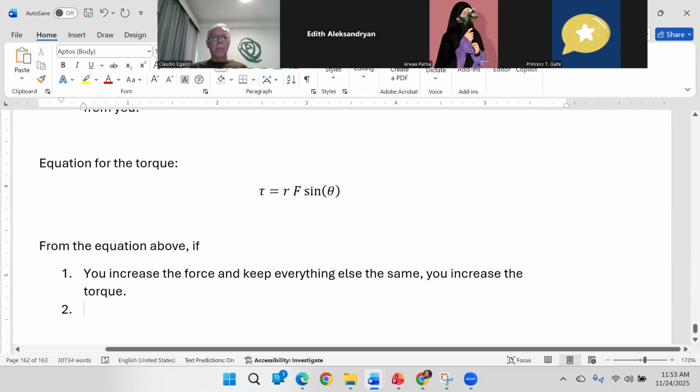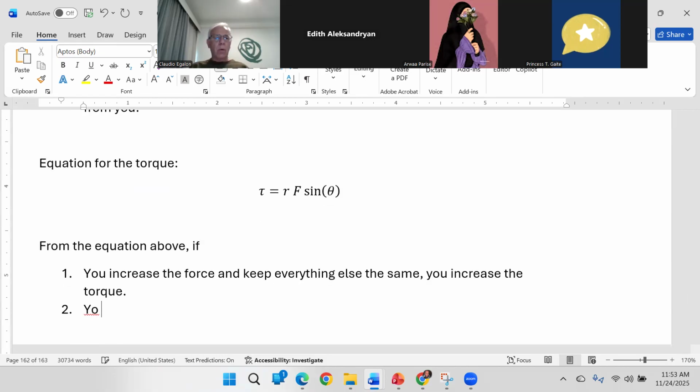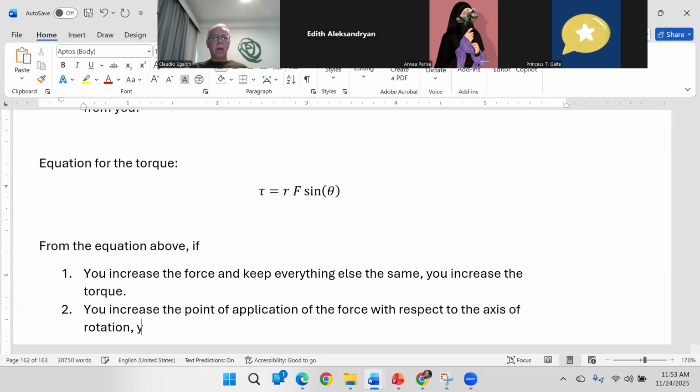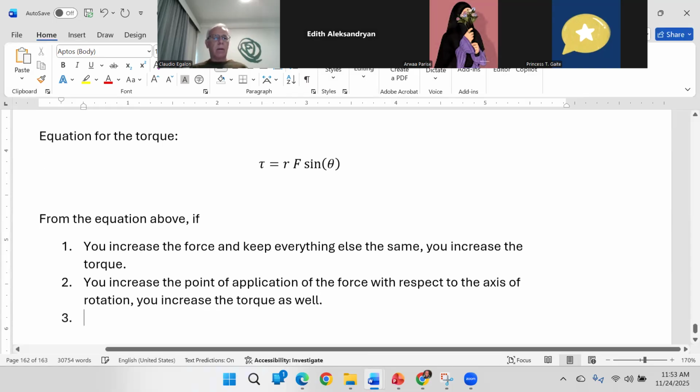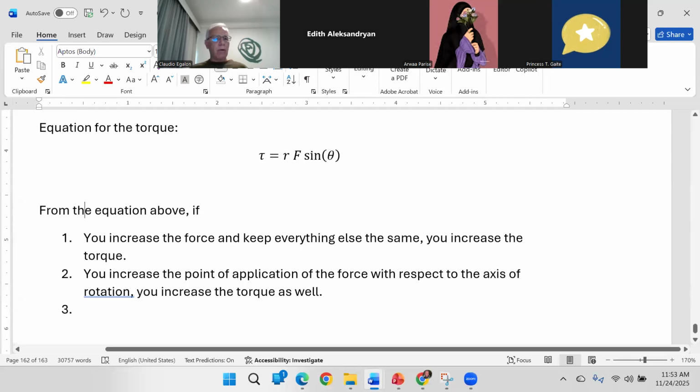Two, if you increase the distance of the point of application of the force with respect to the axis of rotation, you increase the torque as well. Okay? From the equation above,